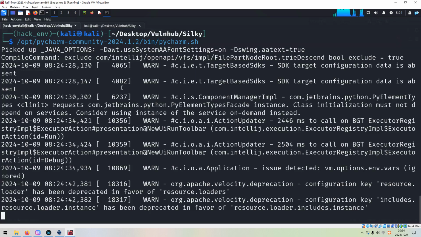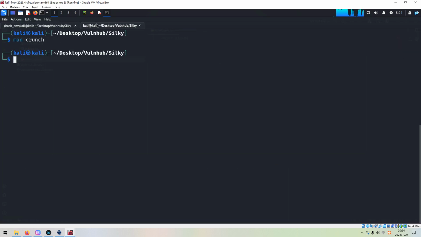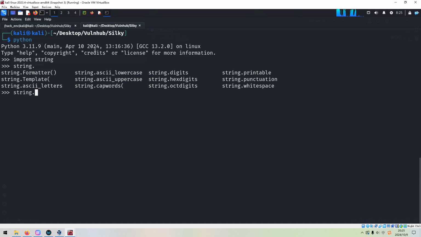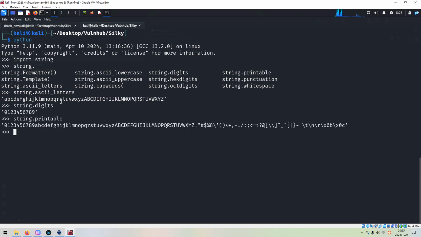And if you don't know about this, we can use Python, import string, and from string we can get different sets of characters like letters. So all lowercase and uppercase alphabets, and also we can get the digits, and this one is what we want. This would be the entire set of characters.